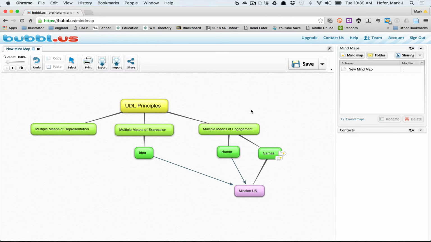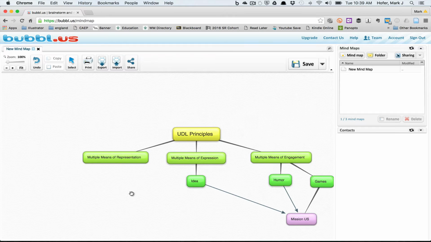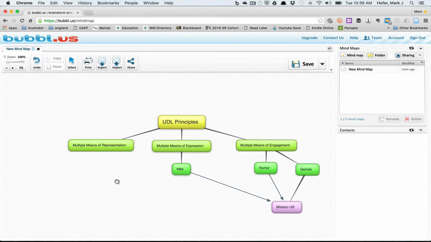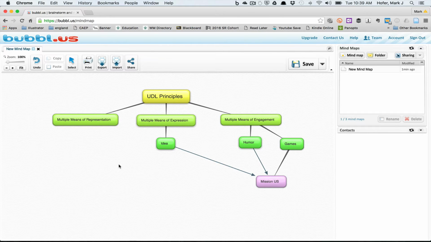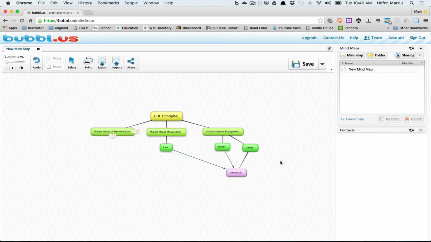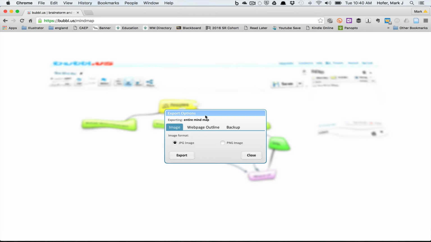And you can scroll around the screen, it's sort of an infinite canvas here. You can scroll around just by clicking and dragging anywhere on the screen to move it around. And so now I'm happy with the way I've got it. If it's a pretty large map, I may need to zoom out slightly to make it all fit on my screen. But when I'm happy with the way it looks, then I click on the export button,